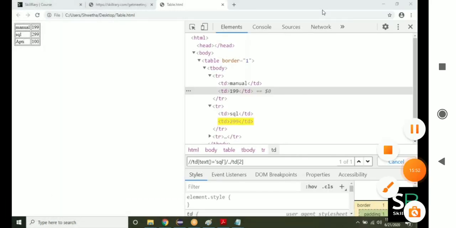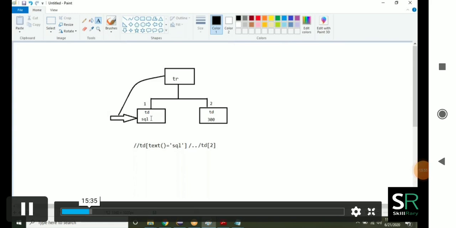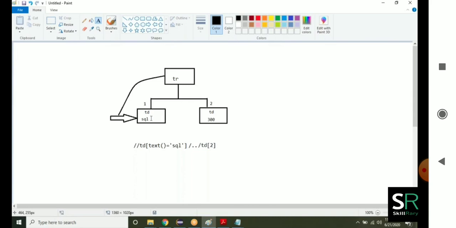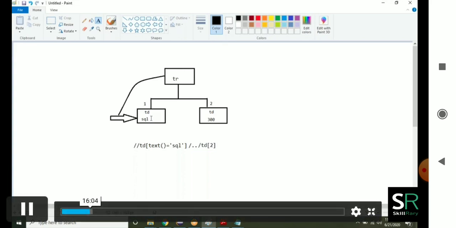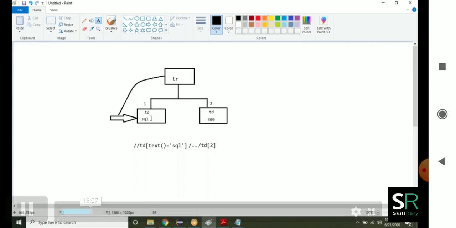Okay, this is called as indicator price is changing. First you have to identify the element: which one is the dependent element, which one is the independent element. Here price is changing, so this is the dependent element. It depends on SQL, because the SQL subject will never change. The price is the one that keeps on changing. You have to write an XPath in such a way that tomorrow, if price is getting changed, it should still work, and if one more element is added above, it should also work.